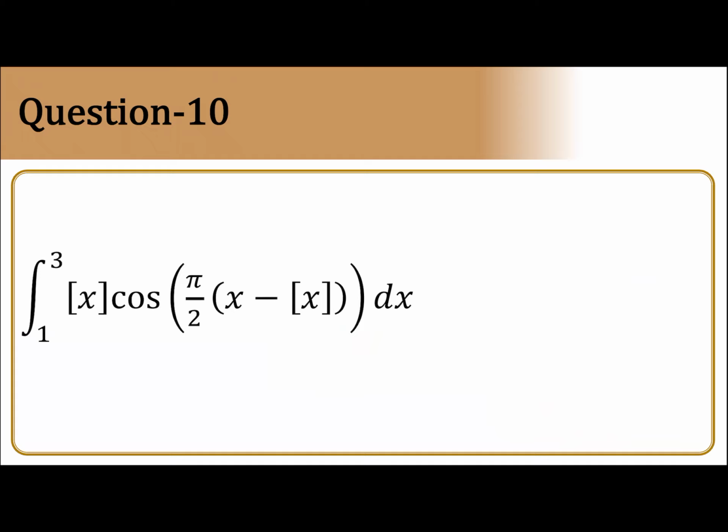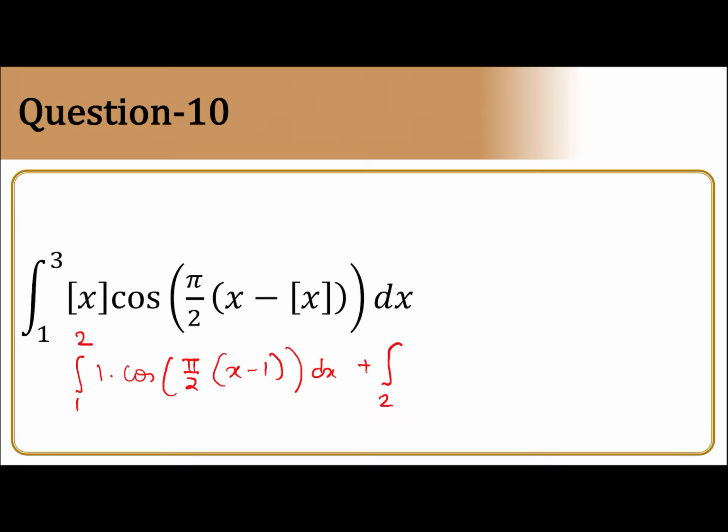Now we come to example 10. Again, there is some sense in using this problem. Greatest integer is there. So why did we take this problem? This was asked in KVPY also. Sometimes if you go to old question papers of KVPY, some questions are repeated in JEE Advanced also. So here also we break the same way. We write 1 to 2. Greatest integer of x will become 1 only. 1 into cos of pi by 2 into x minus 1. You write the value of this one.